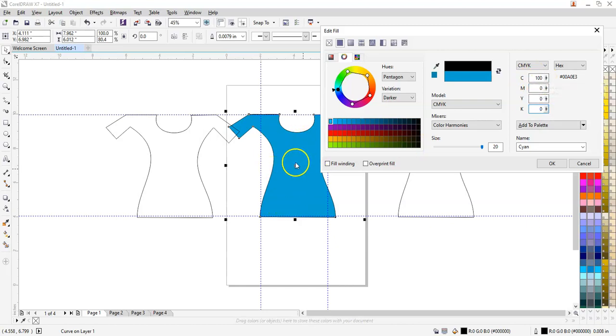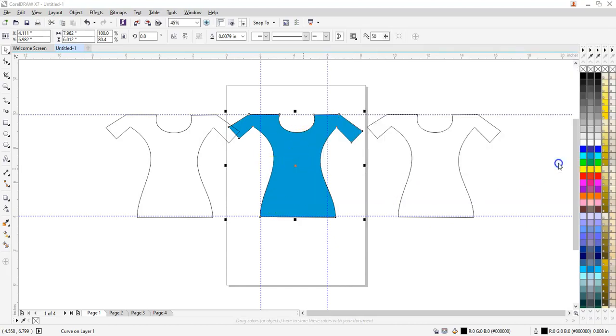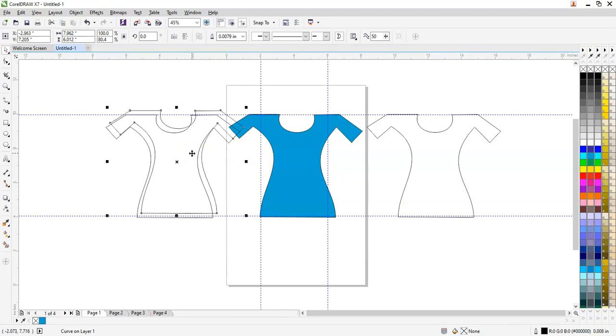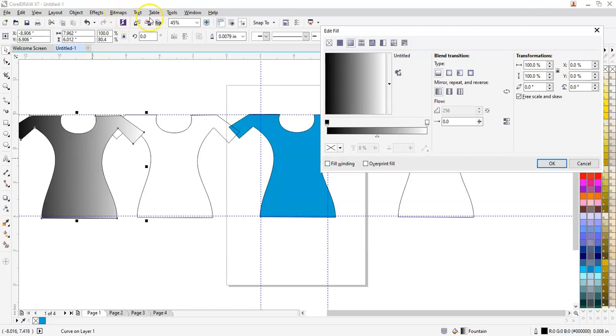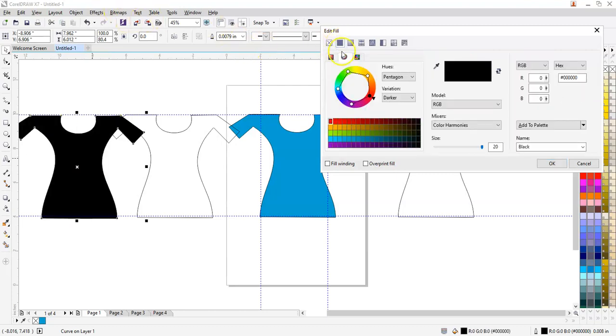So here I have typed 100 as cyan. So here I can see my original cyan color. I just say OK and I'll show you all the 4 colors. I'll try to duplicate one more object over here. I'll press Ctrl D and duplicate so I can show you all the 4 colors. So I press the F11 key, come back to single colors. Then what did I do? Model CMYK, the second option I had taken.